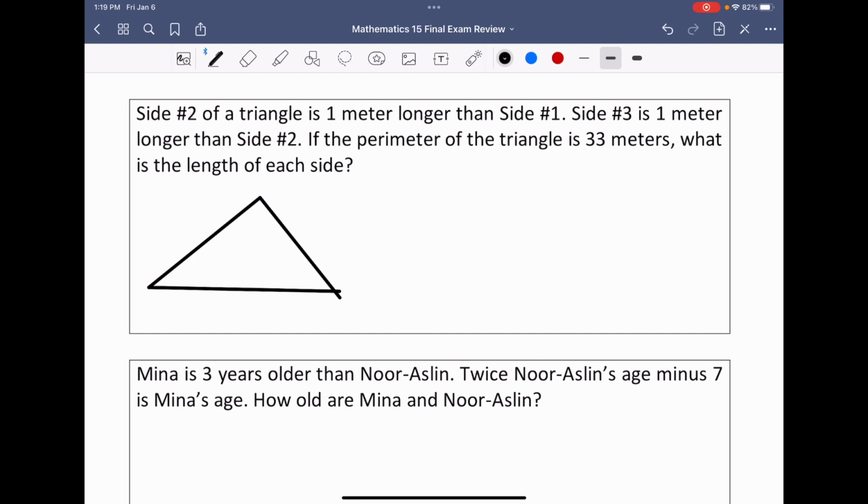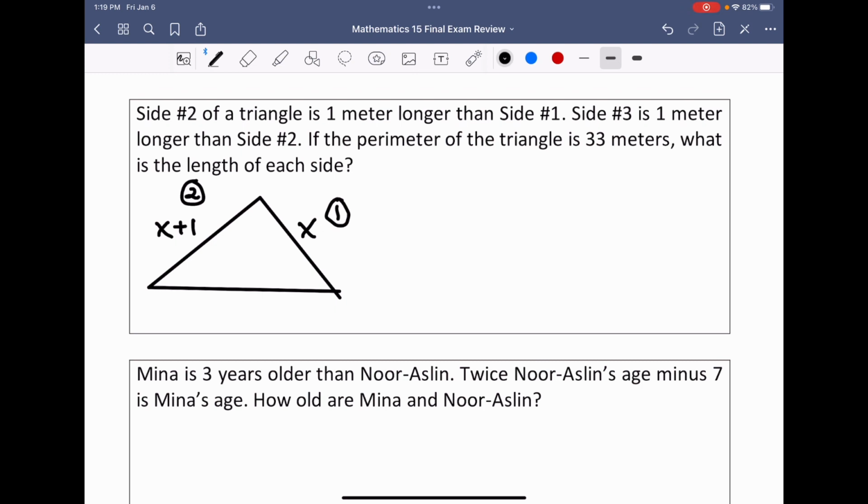Side 2, which I'll label as I go through them. Side number 2 of the triangle is 1 meter longer than side number 1. So let's let side number 1 be this side here, x. And side number 2 is going to be here, and it's going to be side number 1 plus 1. And then they say that